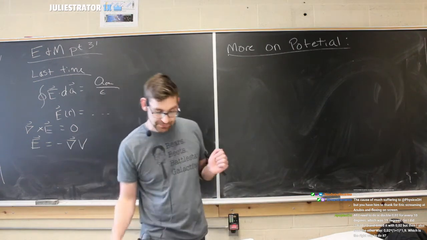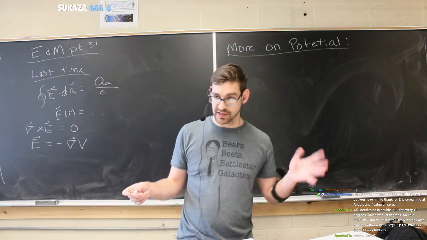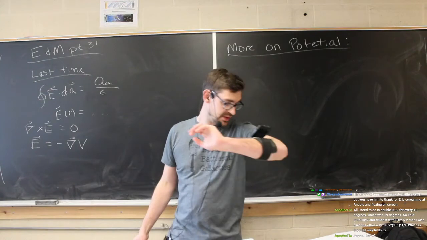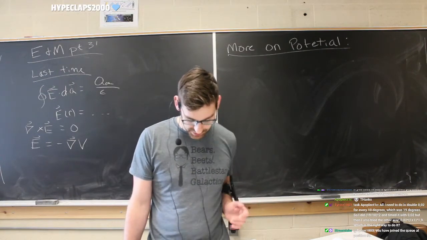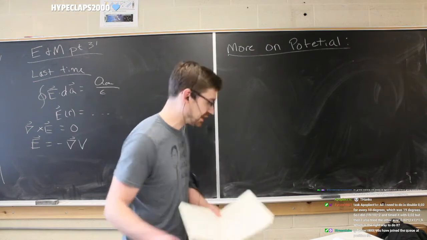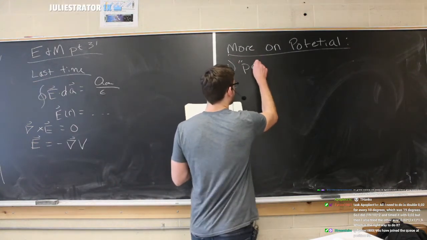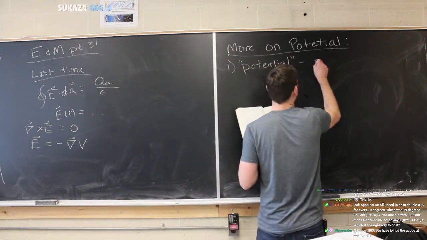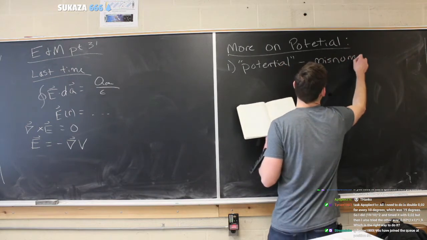But for now, let's move on to another thing, and that's the advantage. And these are all in Griffiths. As you know, I'm following along with Griffiths, so if you would like to follow along, that's how you do it. So what's another point? I don't know if I want to write all these out, but we'll do it anyway. So the name potential is a misnomer. But it's not too bad. We can figure it out.